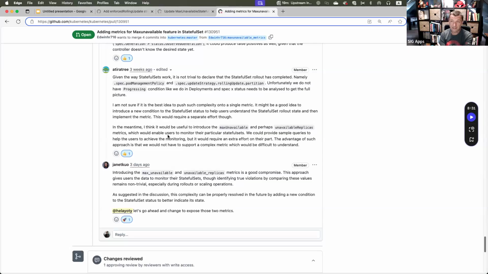But with stateful set, we don't control how long the rollout is taking, and it can potentially be different for every single app. So there's no good way to track or declare it. And the whole reason we didn't add it in the first place is because databases take forever to roll out. Sometimes it can be.